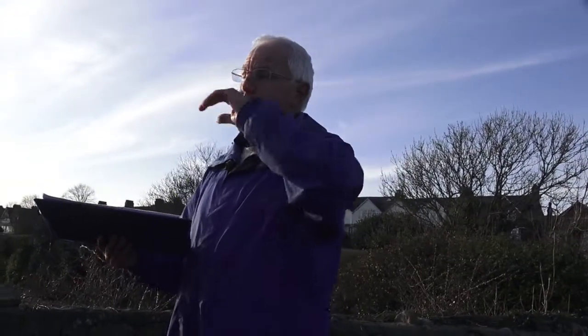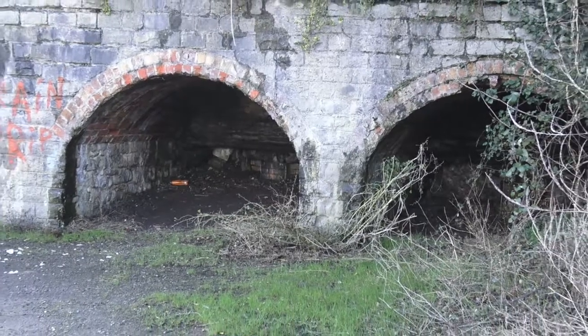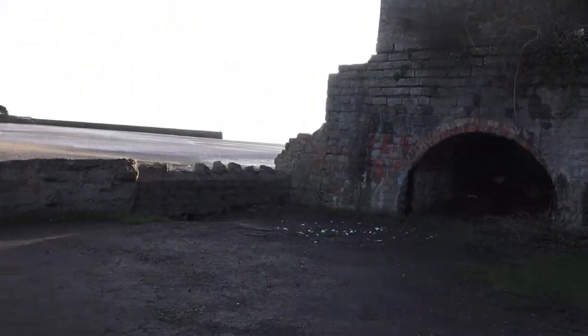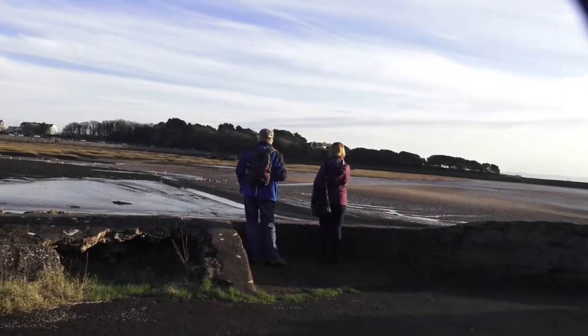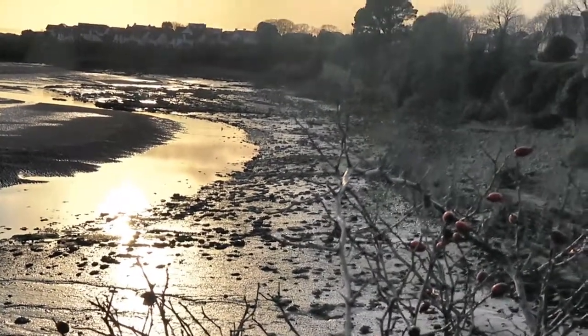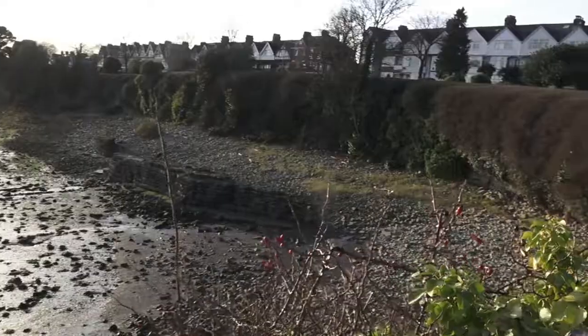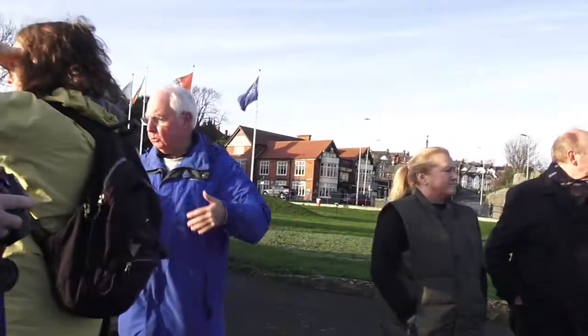Very, very quickly, the old harbour. This was the port. Alright? Just below where Linda is standing, just below here, we have the lime kilns. As we walk around the corner, you'll be able to see the lime kilns. Alright? It was quarried by here. Can you see these bits of stone here on the right hand side? So the stone was quarried there, put into the lime kilns, where it was heated up and powdered down,